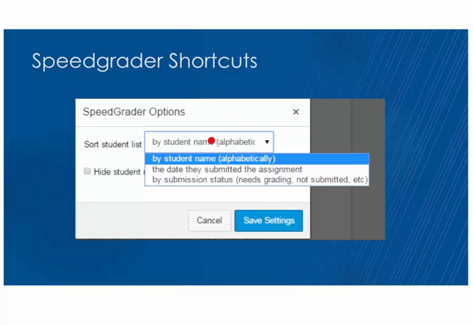But it might also be that you're grading as student submissions come in, and you might have some students who don't have submissions. So if you set it by submission status, in terms of needs grading or not submitted, that will put it in an order where you can focus on the ones that need grading, and not have to go through others. It's a very short way that you don't have to skip through those where there's no submission.